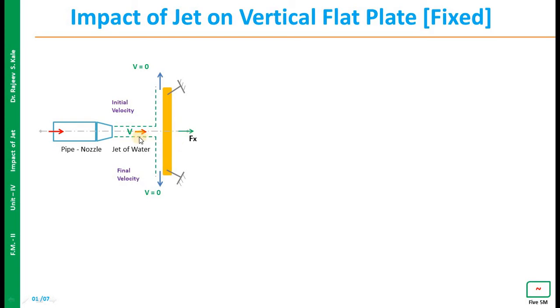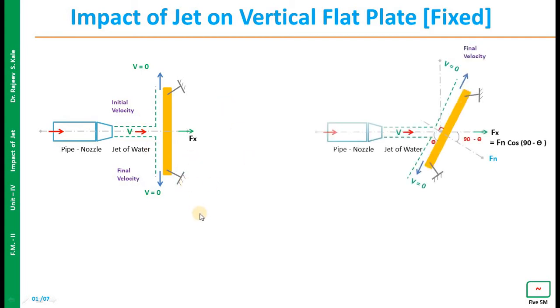We can understand how much impact this particular jet of water can create on the surface. So you can accordingly design the inflow, diameter of jet, diameter of pipe, and velocity of jet. Obviously if velocity is more, it will create more impact on the plate. So in this unit we have to discuss the various objects or plates, when there is impact of jet on the object. The first object is the vertical plate.